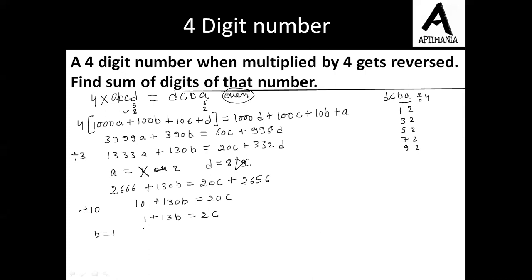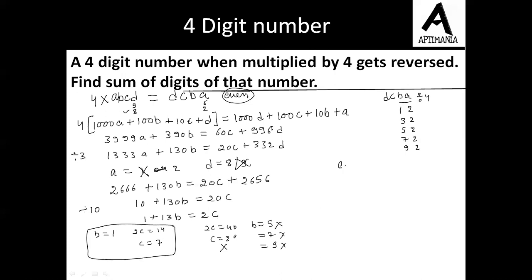When the value of B is 1, we'll substitute the value here. We'll get 2C equal to 14, and from here we'll get the value of C as 7. Now we substitute the value of B as 3. So this will become 2C is equal to 40. Now since we know that C is a single digit, it cannot be 20. This is wrong. And similarly, we can ignore all the other values of B as well. We can ignore B equal to 5, B equal to 7, and B equal to 9. The reason is the same: this will end up in a value of C which is of more than 2 digits. But C is a single digit number. So this is the only possible case.